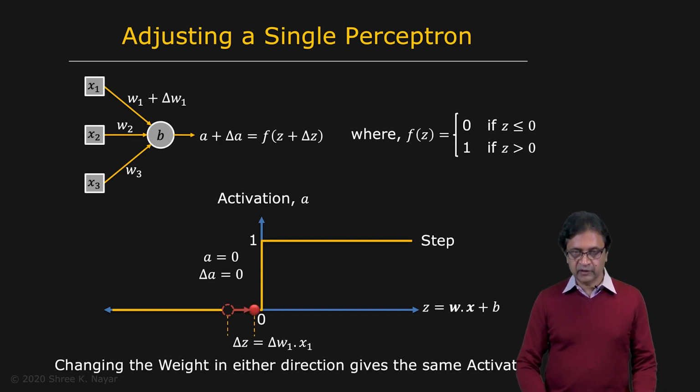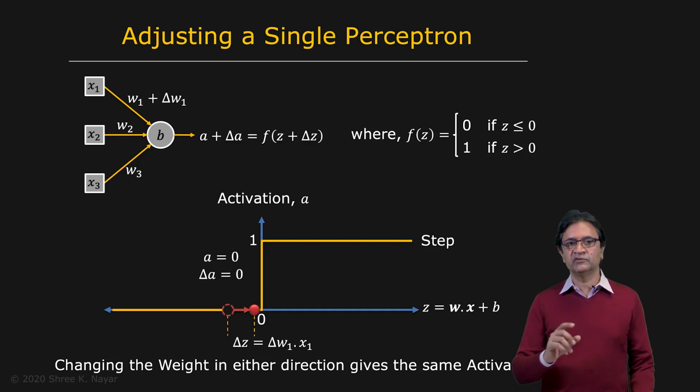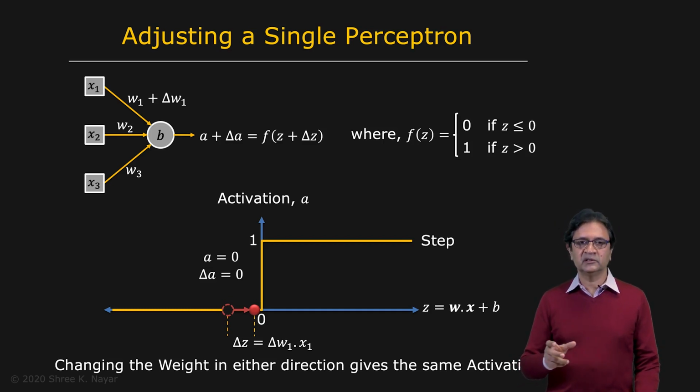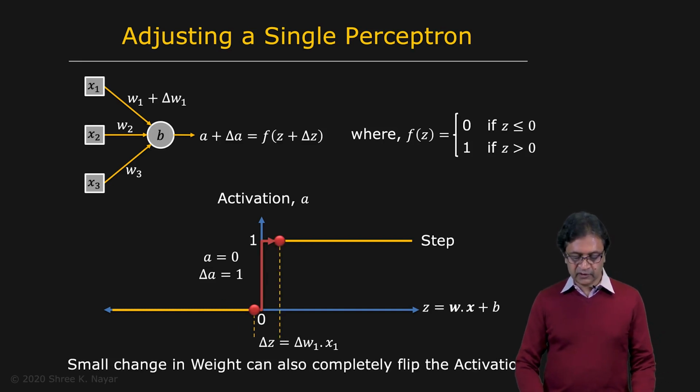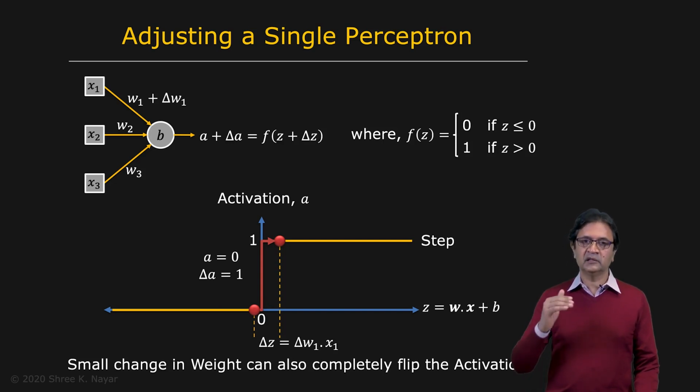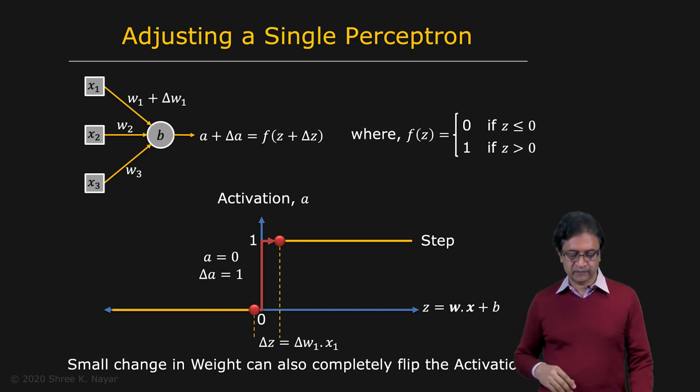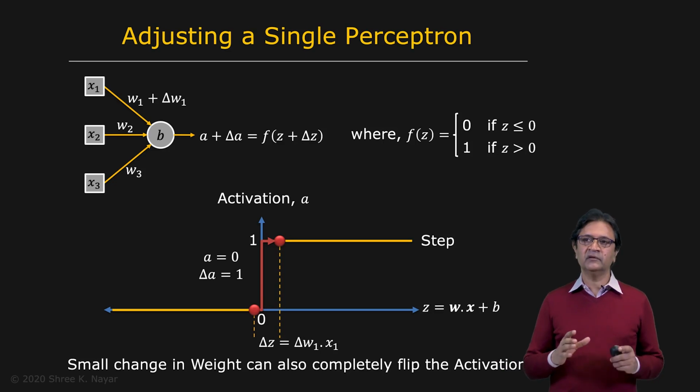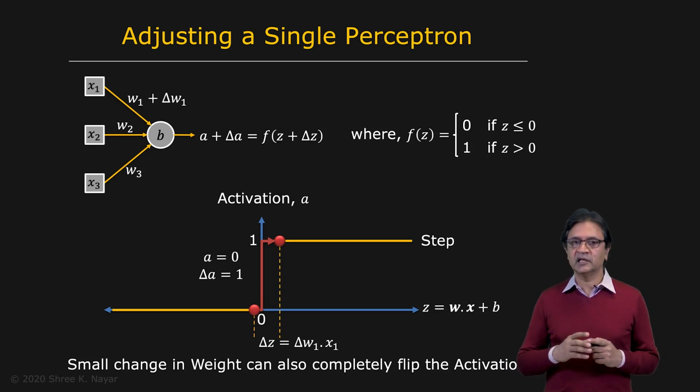Now let's say you go the other way, and it turns out that you haven't changed W1 enough so that Z doesn't change substantially, and therefore the output continues to be 0. So in some ways what I'm saying is you've changed W1 both ways, and yet you've learned nothing about the impact of W1. If you change it further, an interesting thing happens. All of a sudden Z is positive and the activation flips to a 1. It goes all the way from a 0 to 1. So therefore you have the makings of a fairly unstable system.